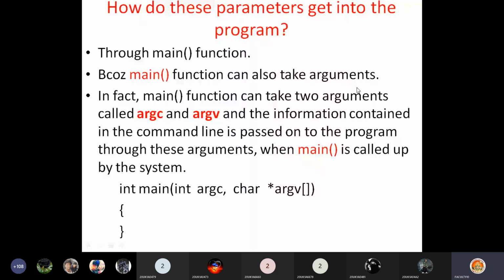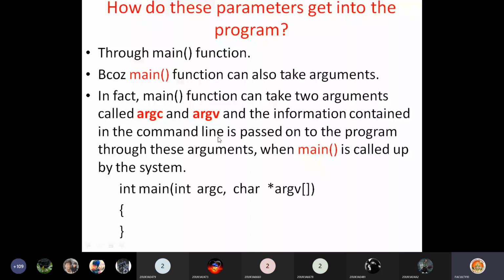Till now we have been writing main with empty parentheses, but for command line arguments we pass parameters to the main function. In fact, main function can take two arguments. One is called argc, the argument counter, and the second one is called argv, the argument vector. The information contained in the command line is passed on to the program through these arguments.